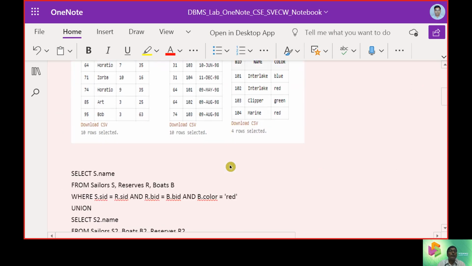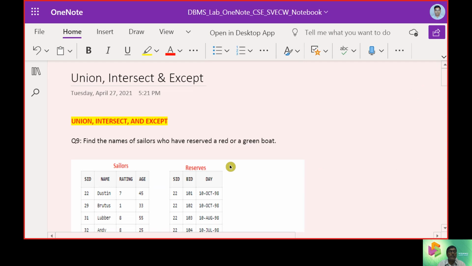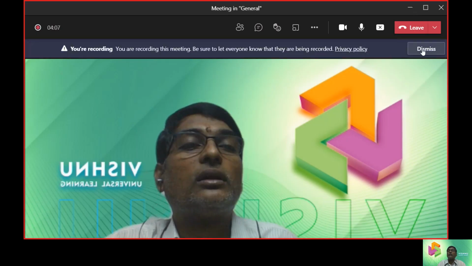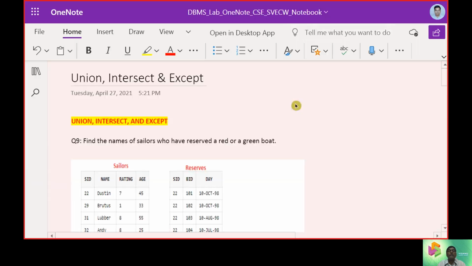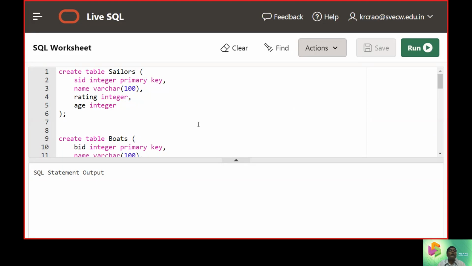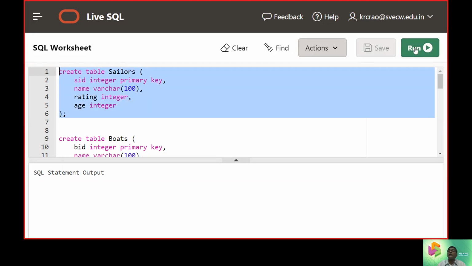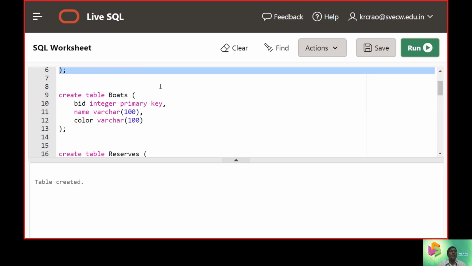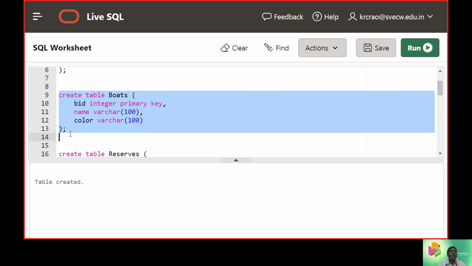To move with this content, first of all, we must again create the basic tables. That is, one, the Sailors database. Two, the Boats database.